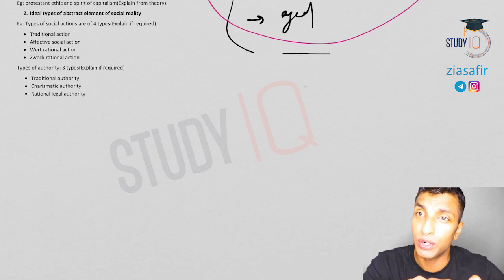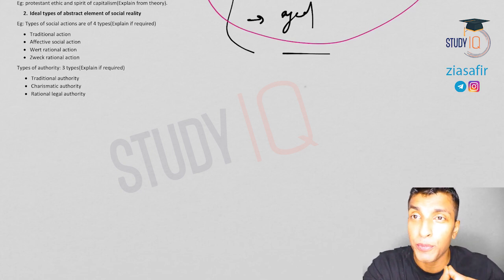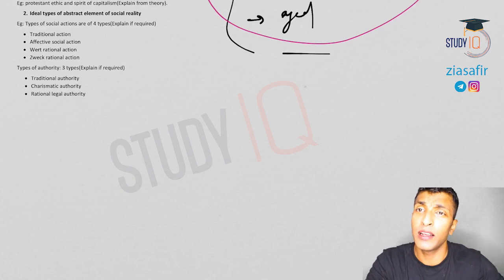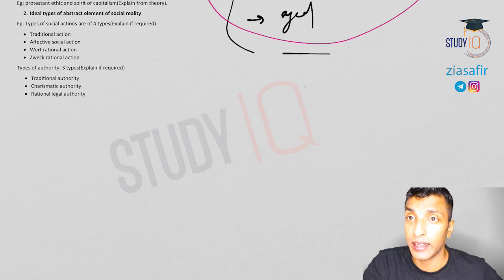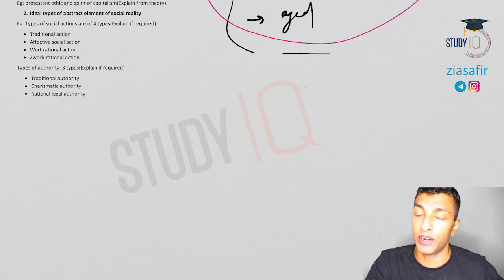So there is no question of ensuring objectivity if you are using ideal types. There is a high probability that investigator bias will be reflected in the method of ideal type. That's the most important criticism. Apart from that, Weber says ideal types are the measuring rod or analytical construct, etc. But he never gave any scale or the way you identify the ideal types properly. He never talked about that.